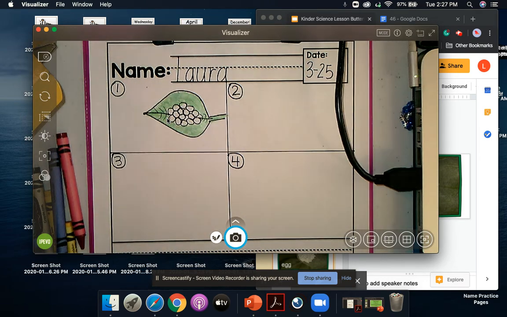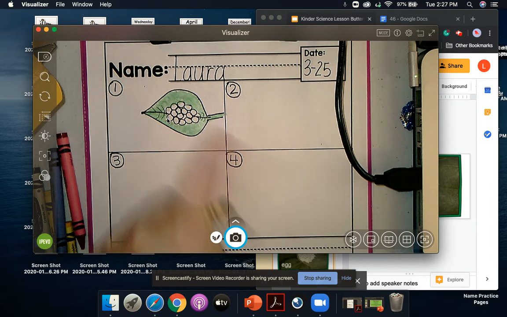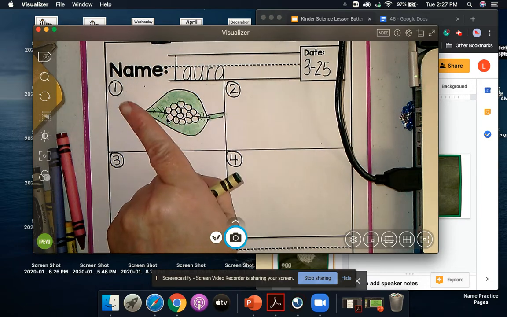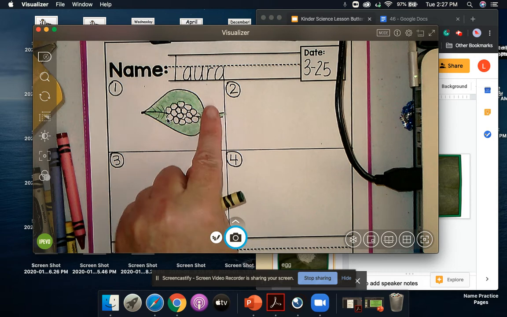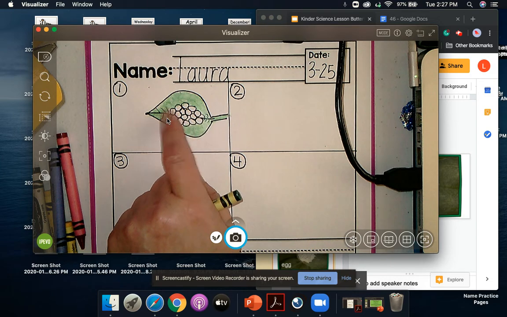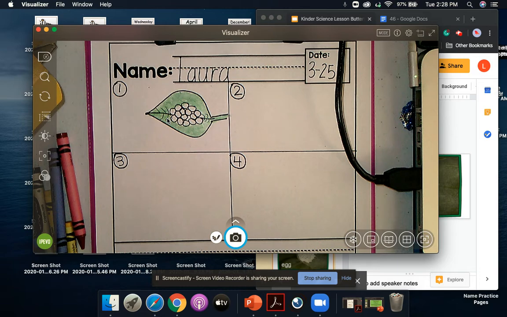All right. So that's step one. We have a pretty green leaf and nice bright white eggs that are stuck together. This is what the mama butterfly does, is she finds a nice secret place and she lays a bunch of little eggs. So the next step is